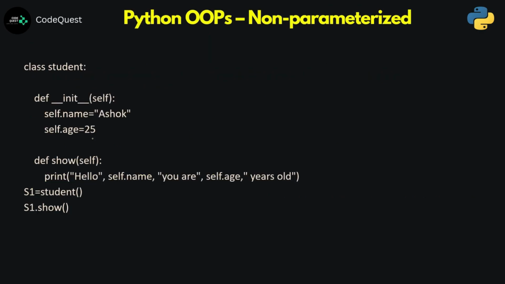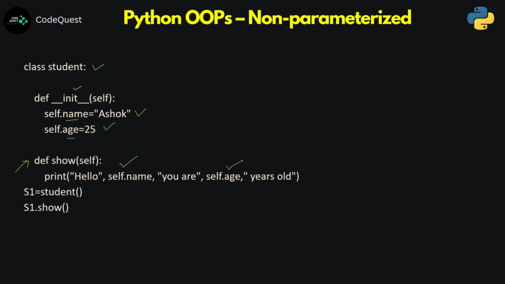Now let's look into this example. We have taken a class called Student here, and this is our constructor. Inside the constructor, we have taken two instance variables, say name and age, which have been set with the values Ashok and 25. We have also taken a normal method, show, where we are just trying to display the values of name